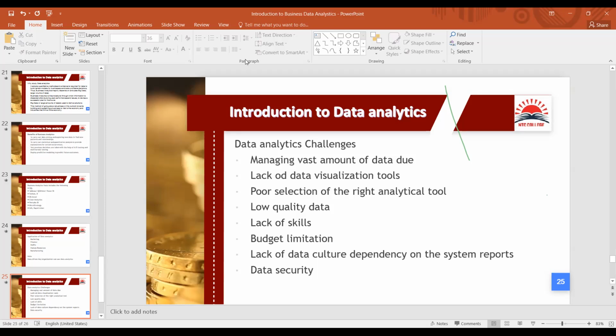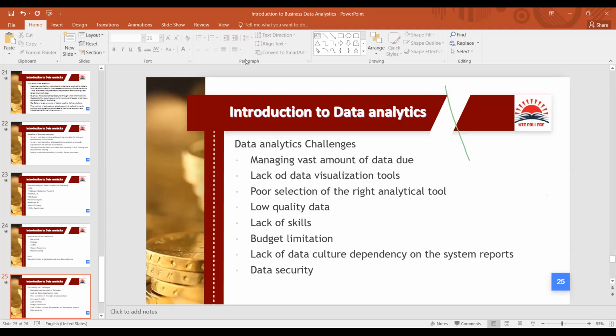As we speak, right now, a number of institutions are sending their staff to do data analytics, because they realize that there's a lot of data that organizations are holding. But again, this data has really not been analyzed. And that is why our partner KASNEB has come up with this course that the candidates can study what data analytics is, how to apply it, and thereafter apply the same tools in the organization.